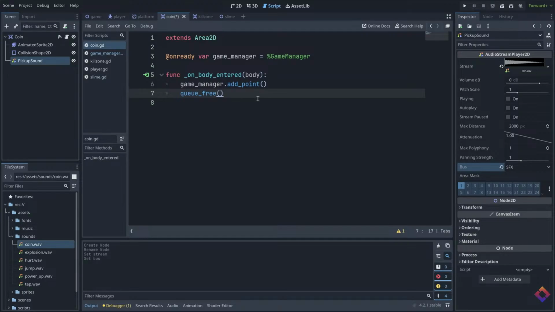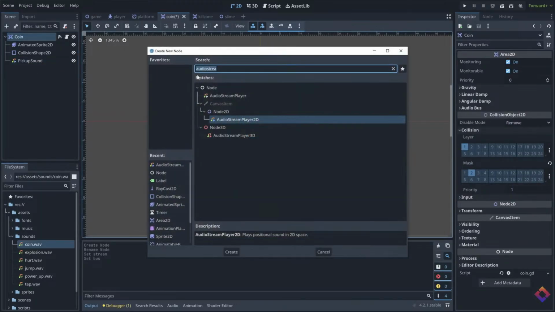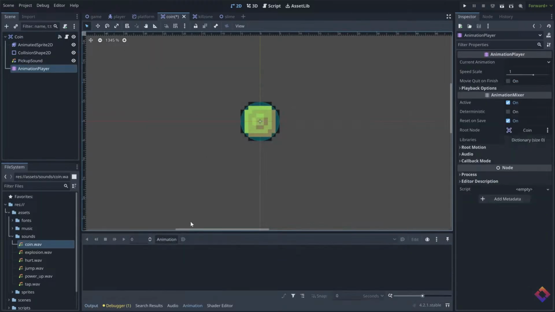So let me show you a really cool trick to get around tricky timing things like this without writing any code. That is using an animation player. So let's add an animation player. And here we'll create a new pickup animation. And the first thing that we want to do when we pick up the coin is to hide the coin